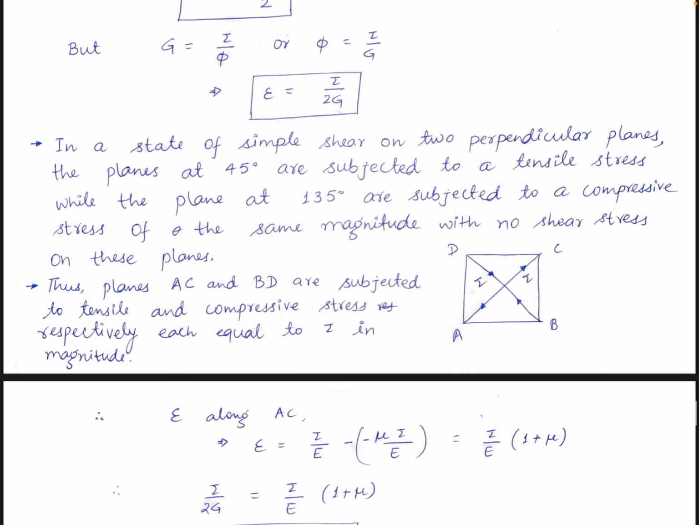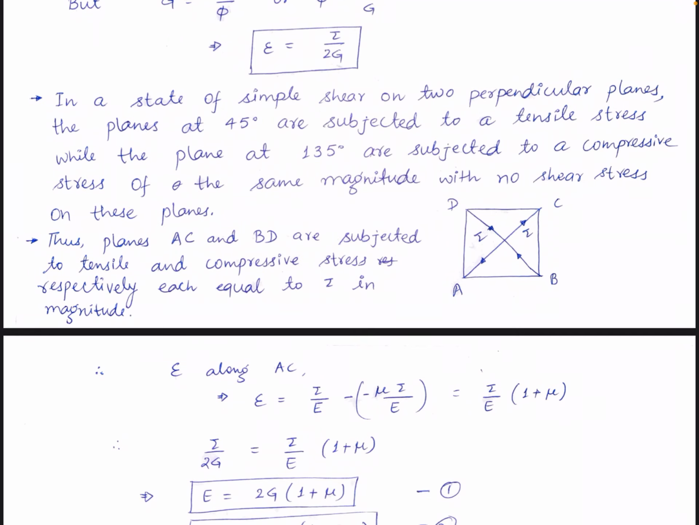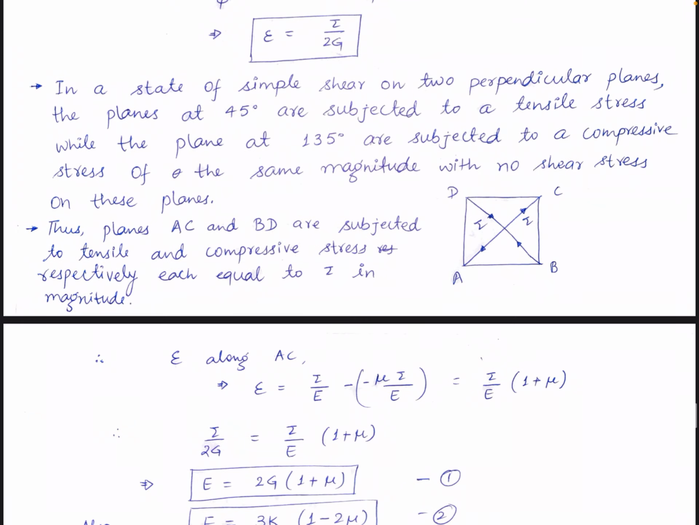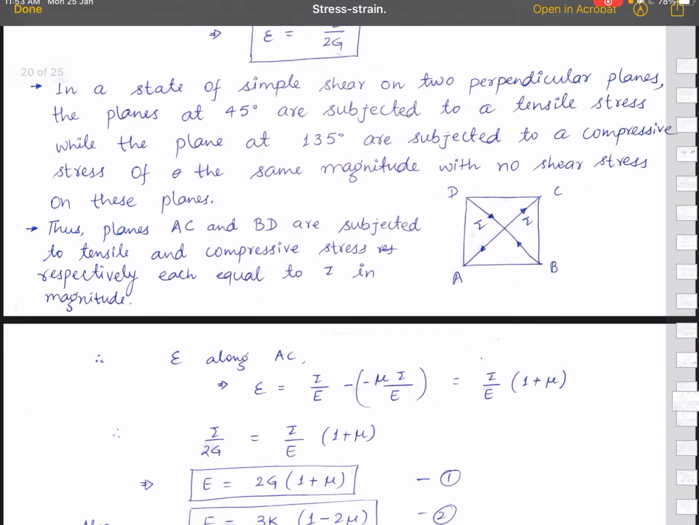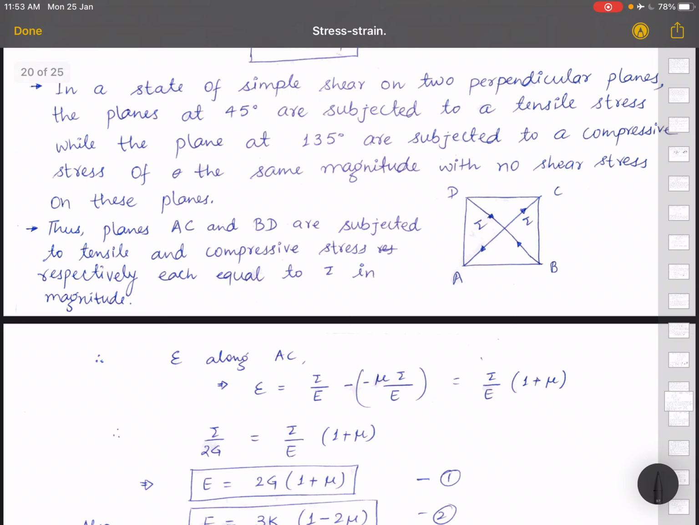Now we want to relate E with G. Here we are getting epsilon in terms of G, but how are we going to calculate the relationship between E and G? We are just discussing that now. So in a state of simple shear on two perpendicular planes, the plane at 45 degrees is subjected to tensile stress, while the other plane at 135 degrees is subjected to compressive stress. This you are going to learn in the next semester. So till now just try to understand, if a body is subjected to pure shear, this